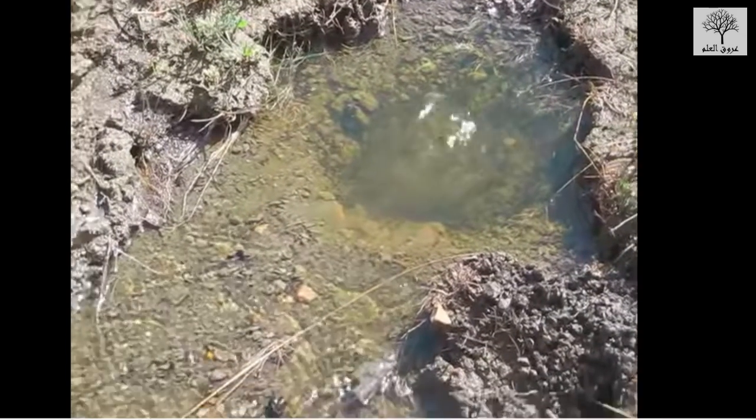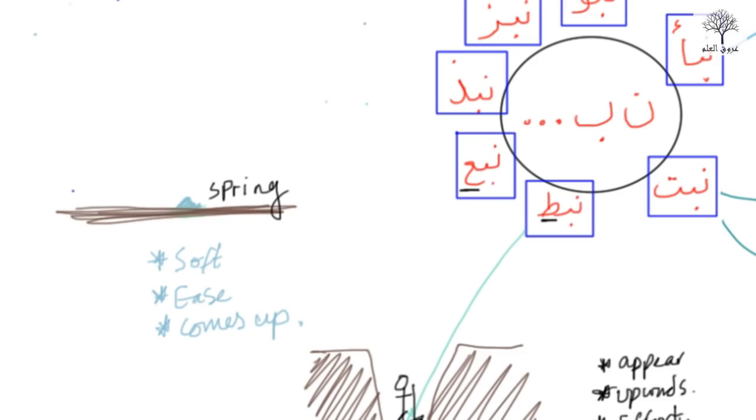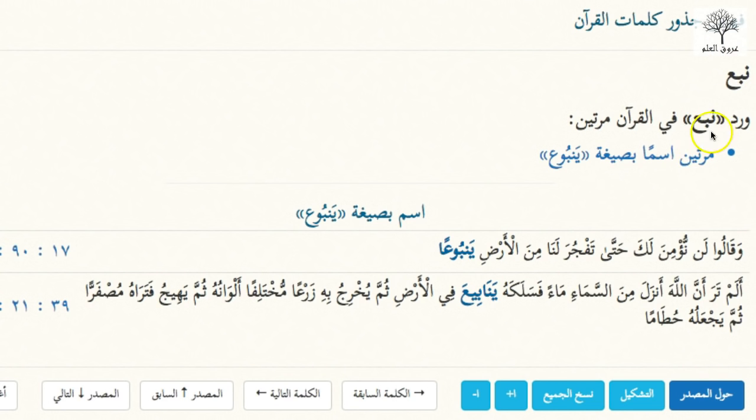Right, so here's an example, a video rather, that I found of water coming. This is a natural spring. So a natural spring, look at that, it provides water easily, nicely to all the land around it, and this man put his hand into it. So that's the word naba'a. Next, let's look at the Quran.